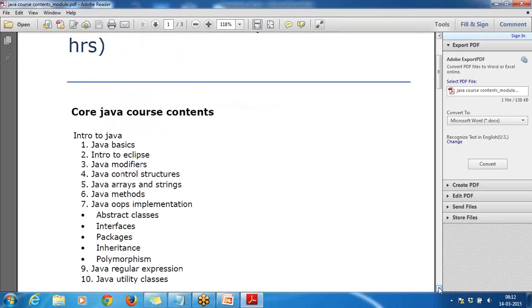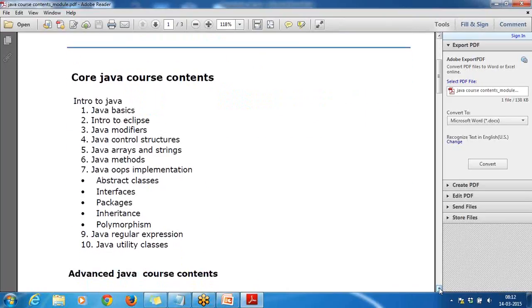First of all, we'll be covering core Java, in which we are going to do the basics, Eclipse, modifiers, structures, strings, arrays, methods, all the OOPS implementations, regular expressions, utility classes. These are the core concepts of Java which we are going to cover.